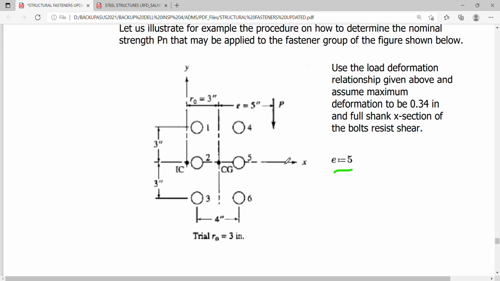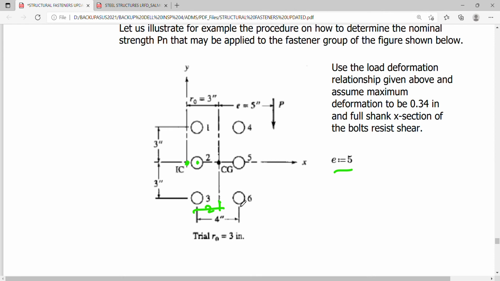So my xi's from this origin, if this is 3, will simply be equal to Ro, 3 minus, okay, this distance from here to here is half this distance. So this is 3 minus 2, 3 minus 2, 3 minus 2, and this is 3